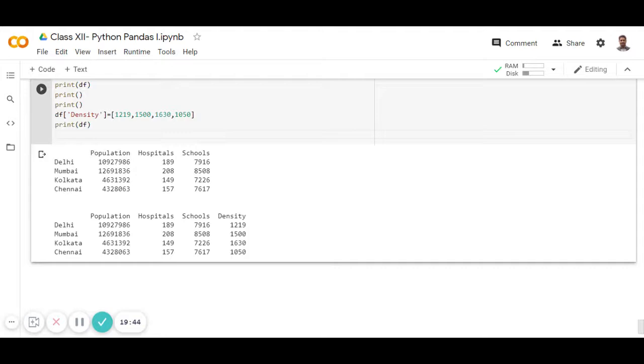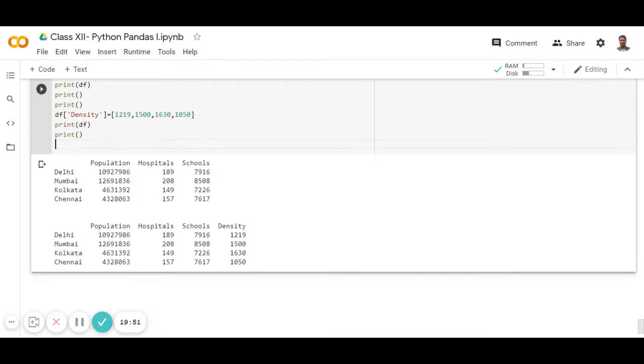Suppose we want to add a row, we use df.add and give whatever city you want to add, that is Bangalore, comma, column equal 1200.